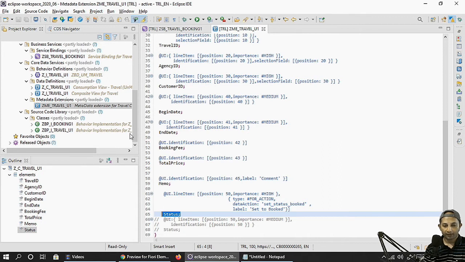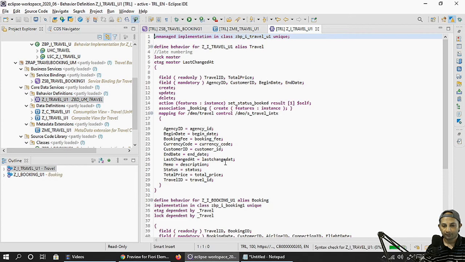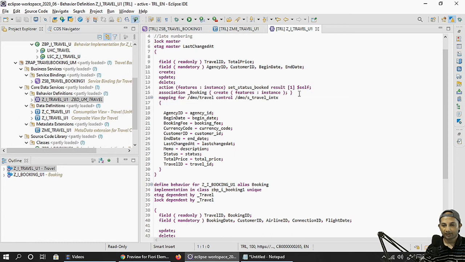On top of it, we now have to do something on the behavior definition of the travel. In the behavior definition, this particular line is quite important here. We are adding action featured instance, just park it for the time being. We are doing a set status booked, that is the method we already explained.